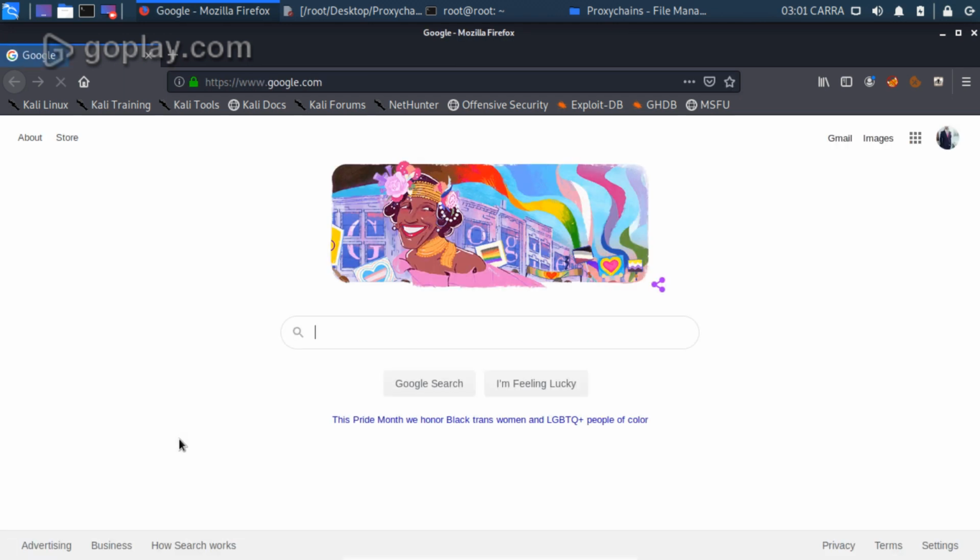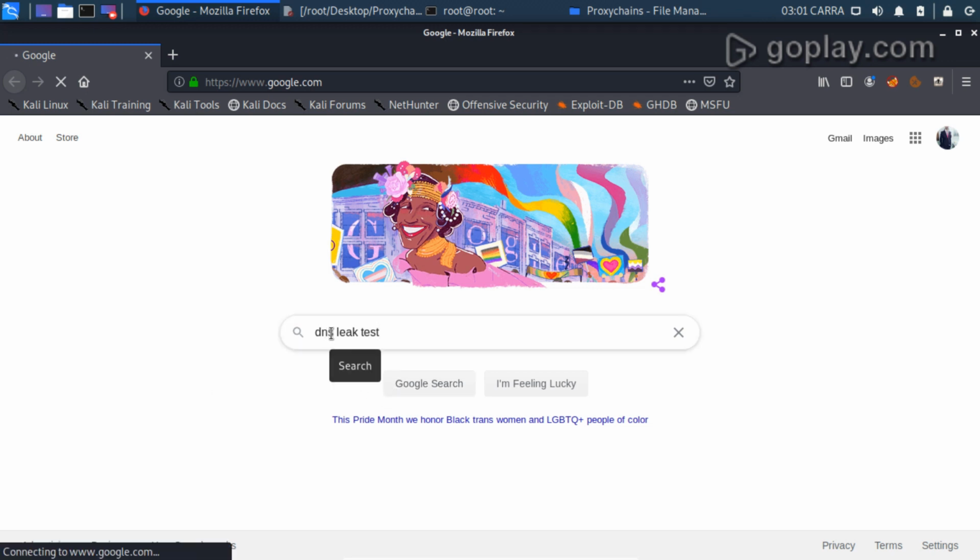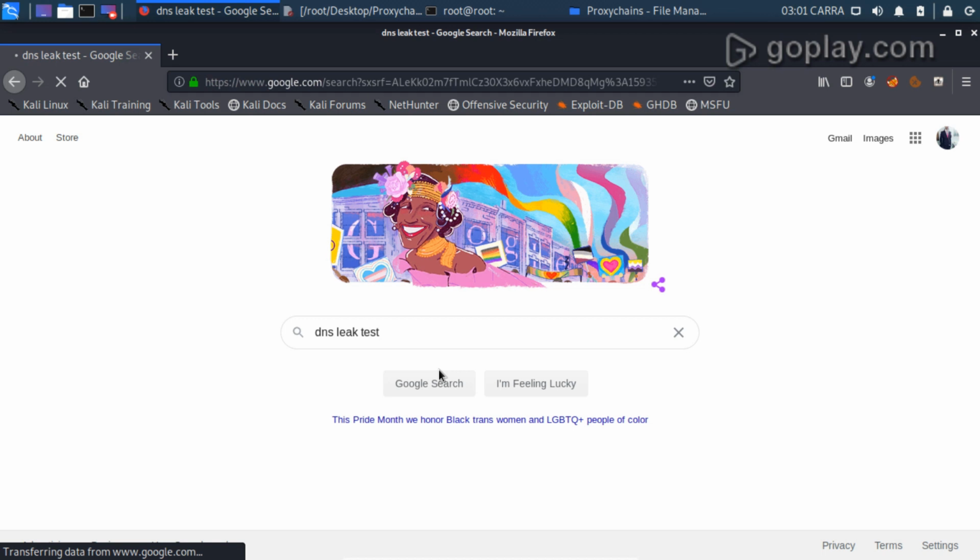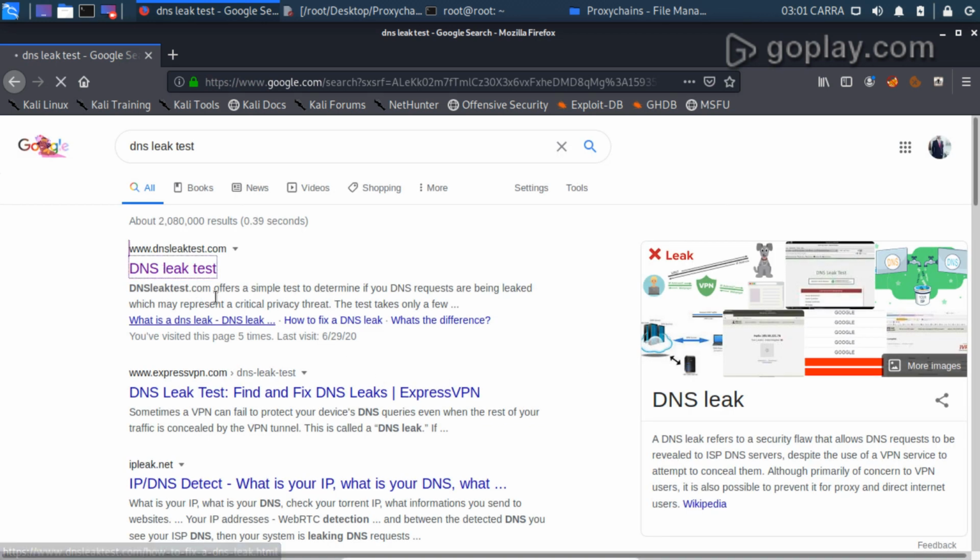Okay, it will definitely take time as it is jumping over multiple IP addresses. And what we are going to do over here is test for our DNS leak. Now to do that, just type DNS leak test. Now click on the first thing you get.